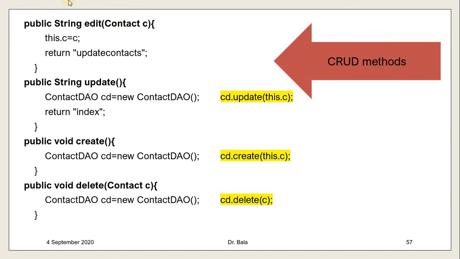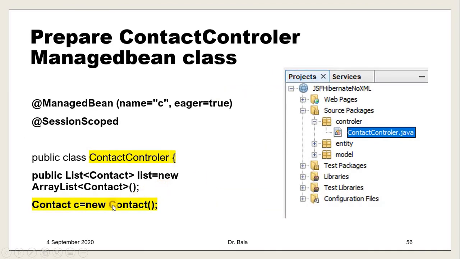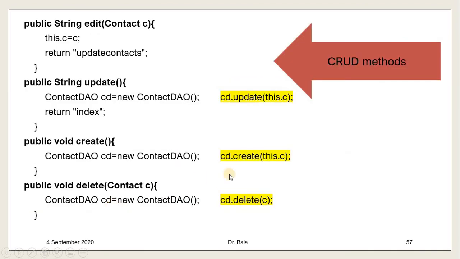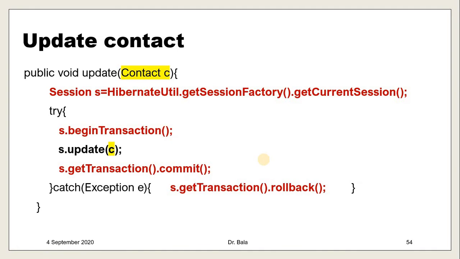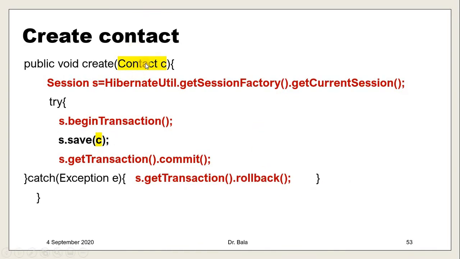Now if you want to create, let's see create first of all. So we call the contact class, and we have an object. We just create an object for contact DAO. Through this object I say create of this dot C. This dot C, in the class that we prepared here, through this object I am going to save. I am going to create. What will create do? It will go to the DAO object here. It will go to contact. This is going to save. So it is going to be saved.